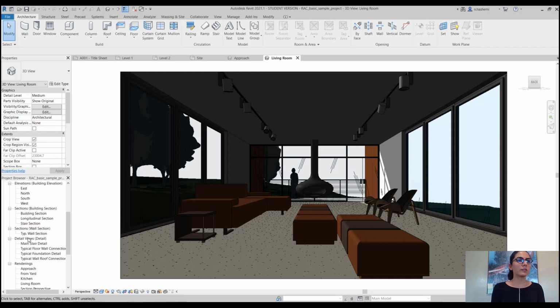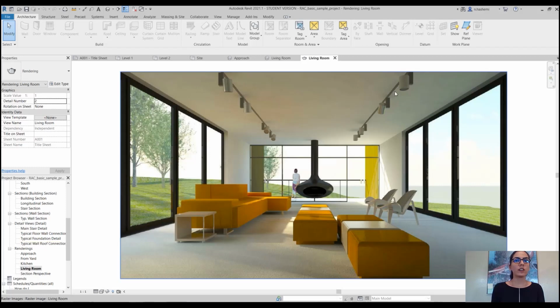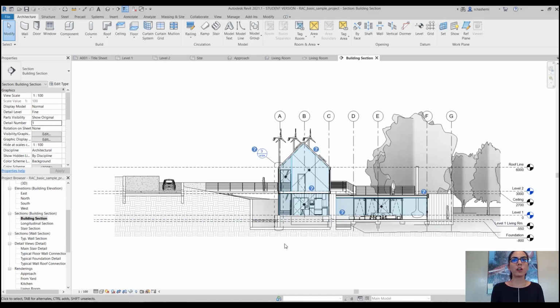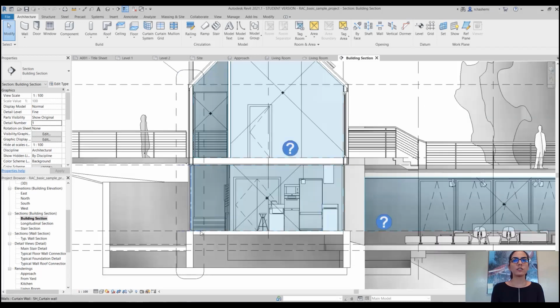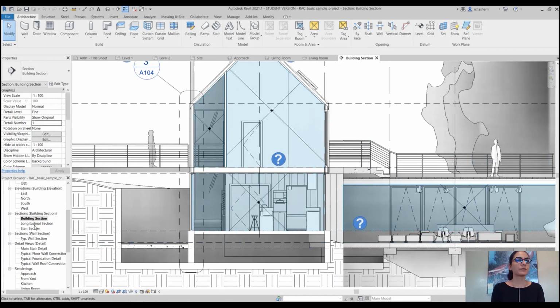And we have also renderings. So this is the rendering of the view that we just saw of the living room. You can see different sections of this project. You can see that we have many details in this project.